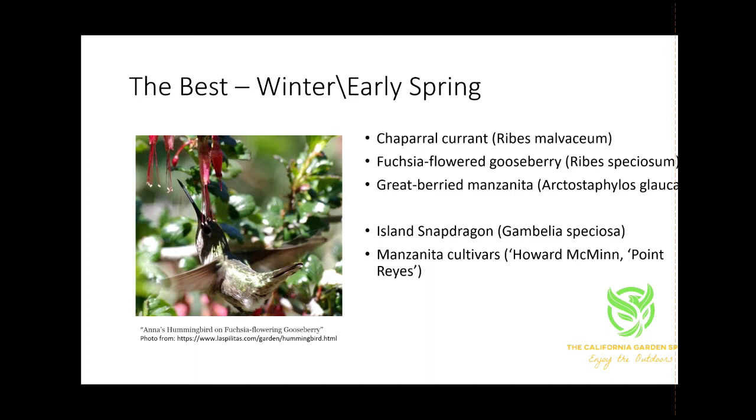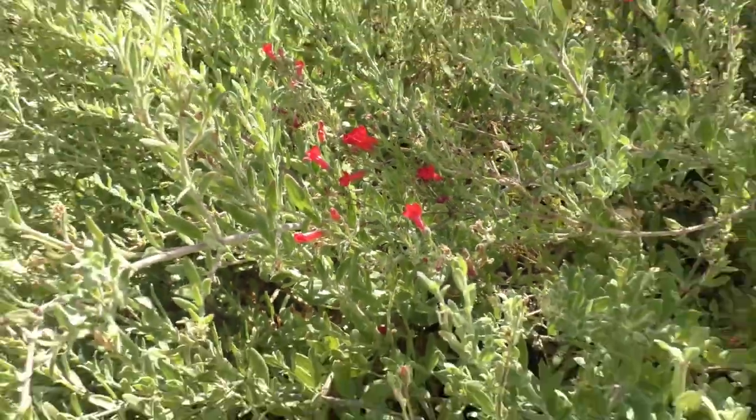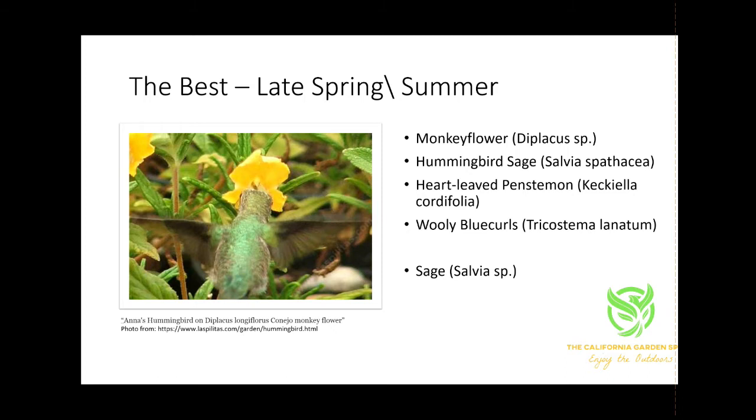If you have a large property to grow these, or an out-of-the-way place to hide the gooseberry, then these plants are for you. But if you're looking for a smaller, yard-friendly, easy-to-grow shrub that will bloom profusely during the early spring, I would recommend the island snapdragon and one of the smaller, easy-to-grow manzanita cultivars such as Howard McMinn or Point Reyes. In summer, the most important native plants for hummingbirds are monkeyflower, especially Diplacus longiflorus,